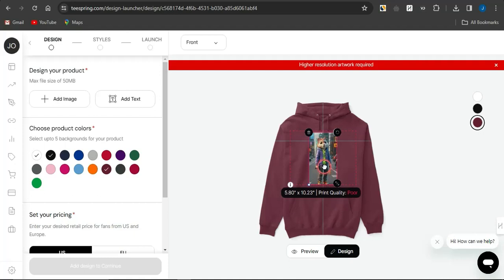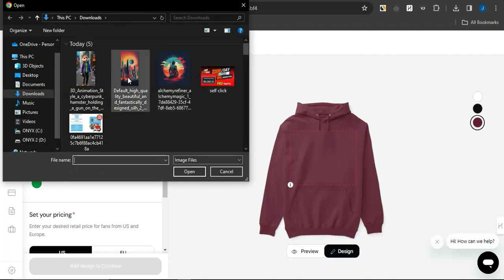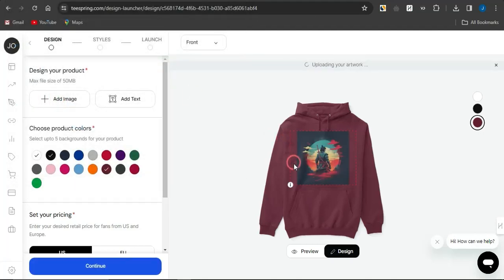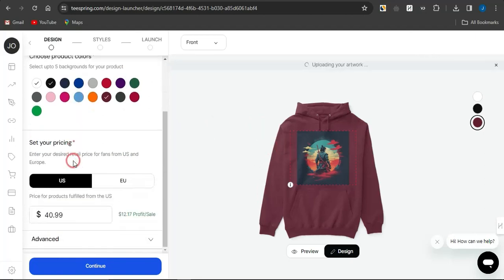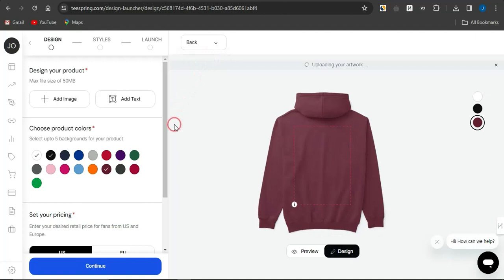This image is not quite cool. Maybe I need to go on to editing or utilizing another image. Maybe if I utilize this image, as you can see, this is quite better. And this is just for the front section of this particular product. I can change to the back. If I want to leave the back plain, I can do that, or if I want to simply add an image, I can also add that.